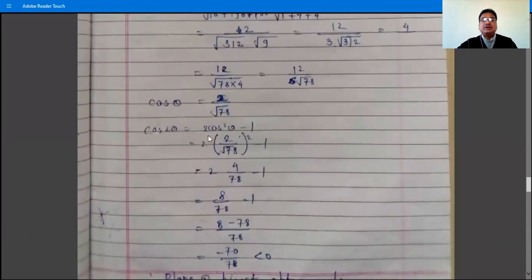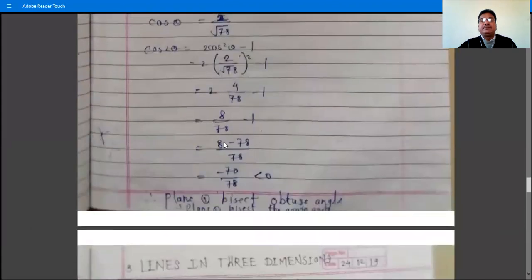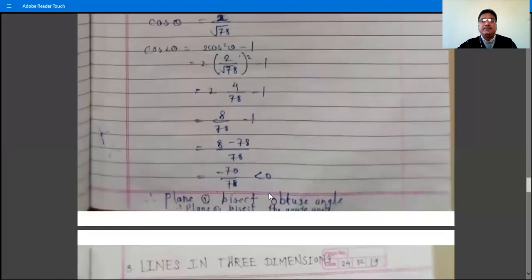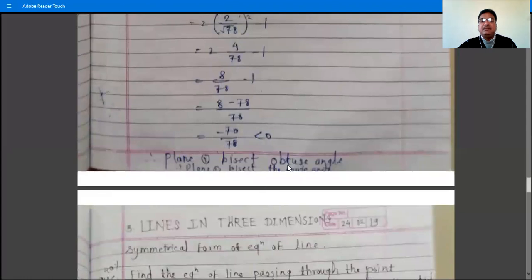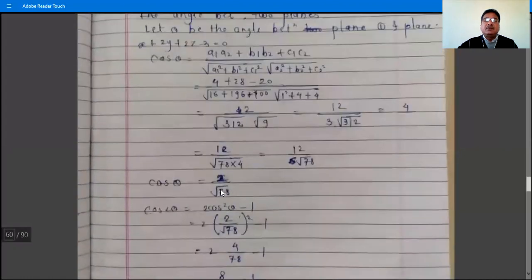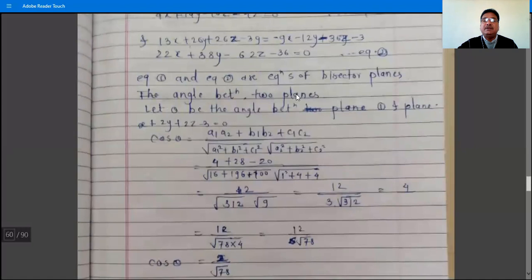And then cos 2 theta is what? 2 cos square theta minus 1. So 2 into 2 by root 78 square minus 1. So we find the answer minus 70 divided by 78, which is cos 2 theta. And hence plane 1 bisects the obtuse angle. Why? Because cos 2 theta is negative, where theta means the angle between plane 1 and